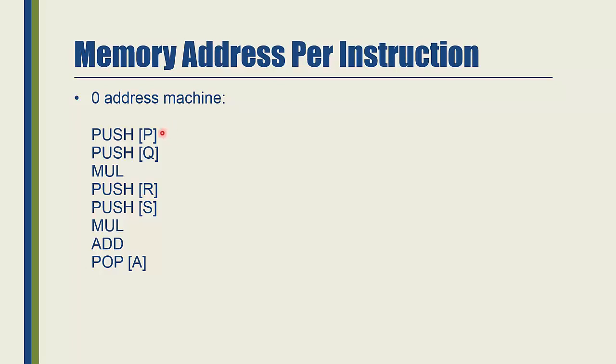So we push P on top of the stack. Then we push Q next as the top element on the stack. Then we perform the operation of mul. You see mul here does not have any operand because in stack operation it is known that any operator we put on top of the stack will perform the operation on the top portion of the stack.